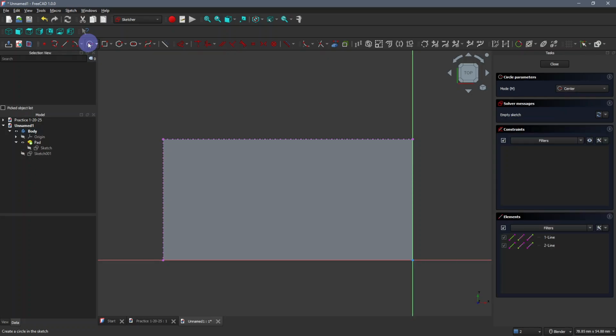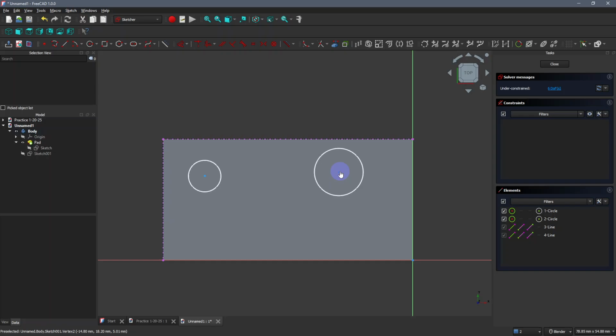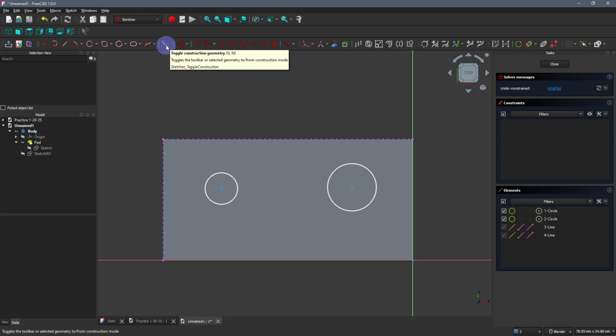We're going to click the circle, and we'll make 1, 2 circles. Now, it doesn't matter if these are different sizes right now. We'll get to that in just a moment. We're going to start by locking these in space relative to these lines, like I just said. Now, what we'll start with, though, is creating a center line here that we can set them symmetrical to on either side of it. So we're going to toggle from construction geometry, which is what we've been using for these circles. That's going to create actual 3D model effect. We're going to click this over, and now we're on to